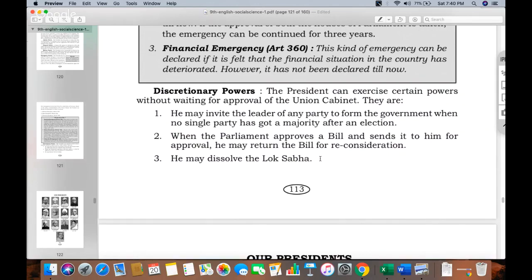Obviously, Shreyas is asking that when Prime Minister Indira Gandhi imposed the emergency, did she have the approval of President? Obviously, she had the approval of President. Then only the emergency was approved. He may invite the leader. Now, like after election, generally the party which gets the majority,